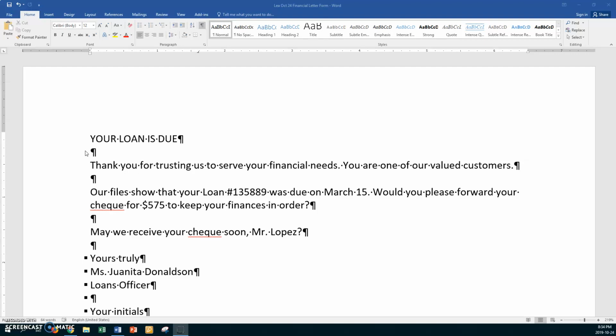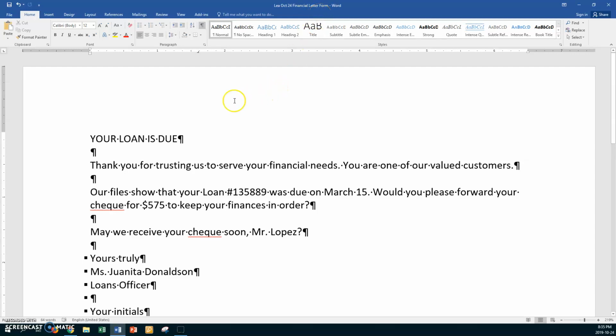This is assignment number 6, your financial letter. Just because of time, I've put the body in here. You'll type your body in when it's time to, but I want to save time, so my body is here. I've saved it as my name, the current date, financial letter form. So make sure you say it's a letter and that it's a form when you save it in